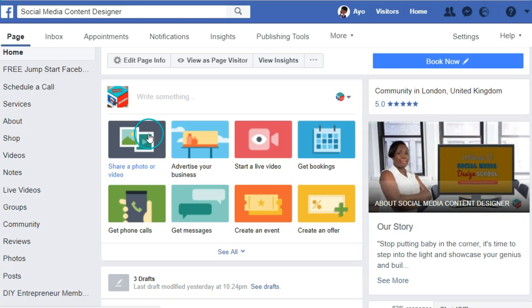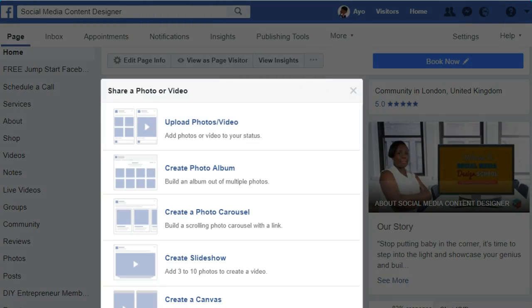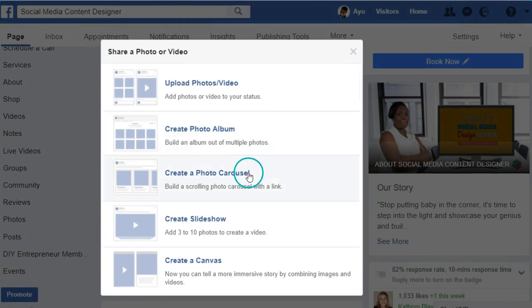So we're going to go to share a photo, and then a few options pop up. So the usual post is upload photos and videos, then you've got create an album, you've got a carousel, you've got a slideshow, and you can create a canvas. So there's a few of these that you could actually use for your portfolio, but what you want is a link to it so that you can showcase quite a bit of your work. So what we're going to select is create a photo album,